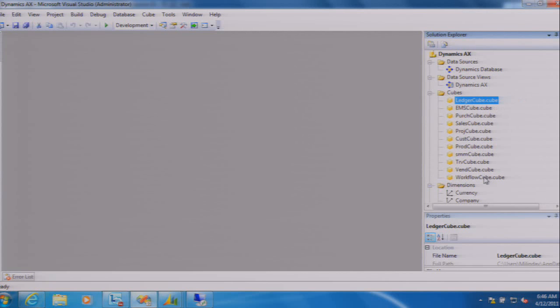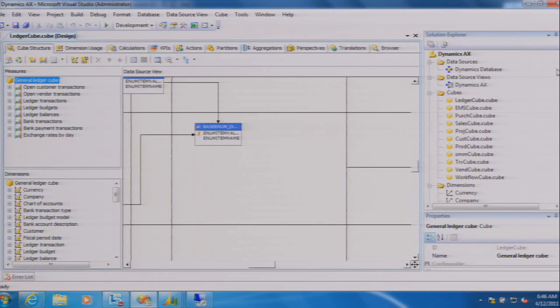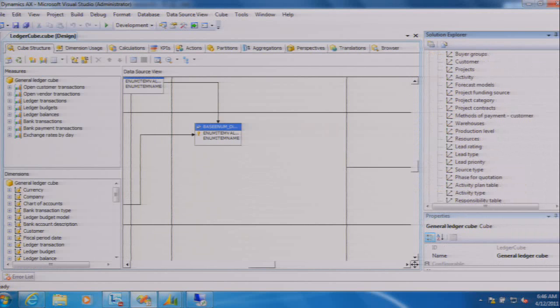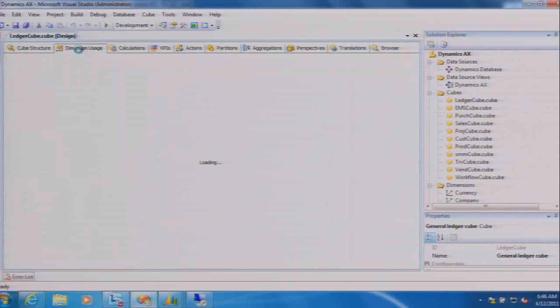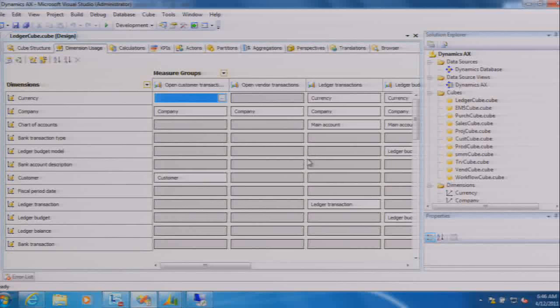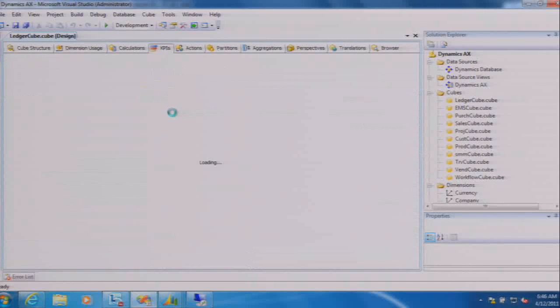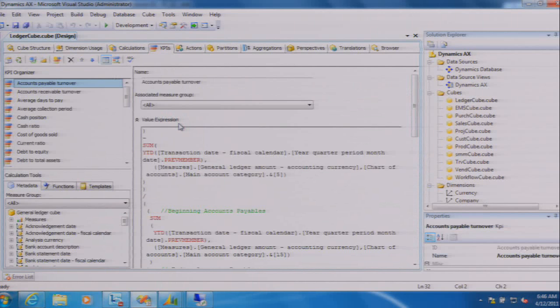And you can see the 11 cube schemas that we've built. Let's open the general ledger cube. You will also see all the dimensions that are there in the pre-built cube. And of course, we have customized it, so you'll see the customized dimensions as well. And you'll see the dimension usage that got created. Of course, these usages got created based on the AX relationships. The tools assumed that and then created them. And of course, you'll see the calculations and the KPIs that are in the pre-built solution. So any of these items are customizable using